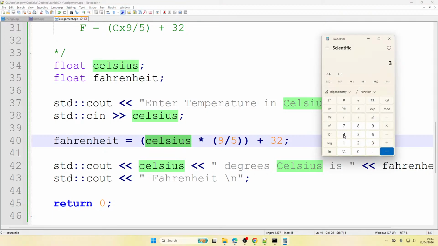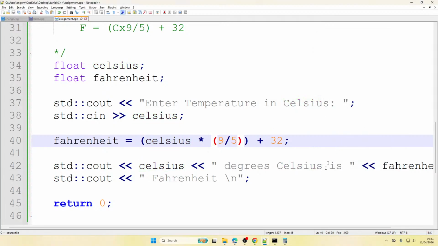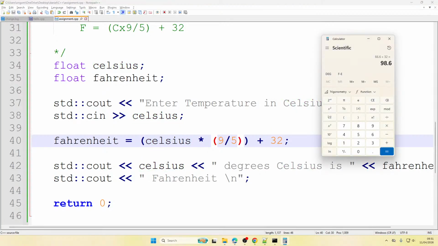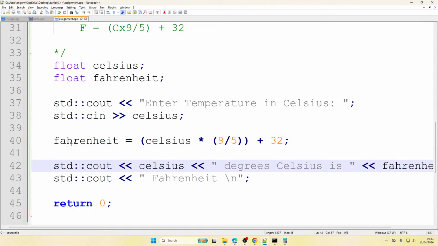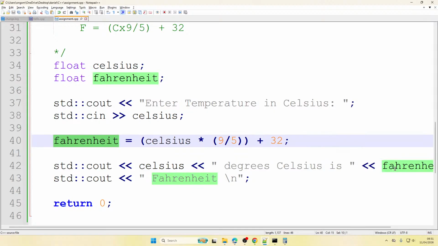Let me say 37 multiplied by 9, divided by 5, gives me 66.6, then plus 32. It's actually a correct formula. It says correct actually. Then I wonder why this result is not what we got. Something is wrong somewhere. Is our program lying to us, or is it not doing the correct thing? Because when I get this, which should be a correct thing,